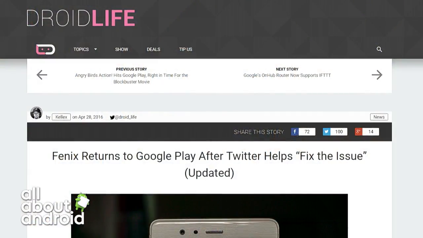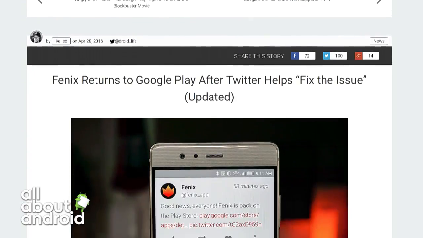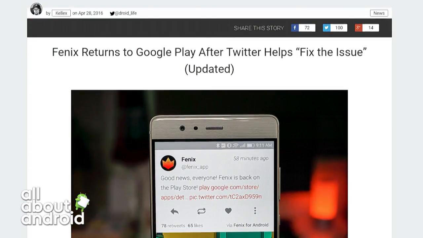Yay! All right. Speaking of apologies, Twitter made an apology to the folks at Phoenix. Last week we told you how the third-party Twitter app Phoenix had gotten removed by the developer from the Play Store because they hit their Twitter token limit of 100,000 tokens. A little while later, the developers told the folks over at Droid Life that, quote, "I've been in contact with the Twitter team and they've helped to fix the issue." What that fix is, we don't know.